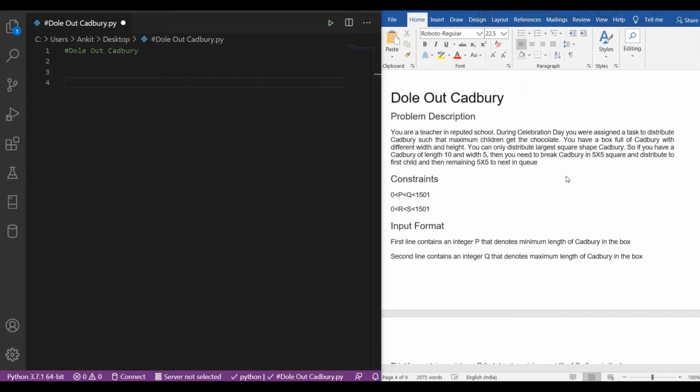From the Cadbury you have to distribute the largest square shaped Cadbury.